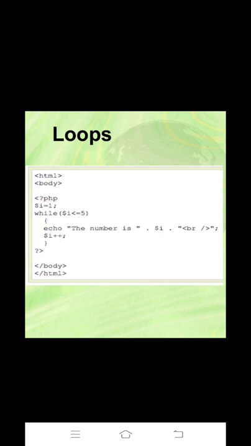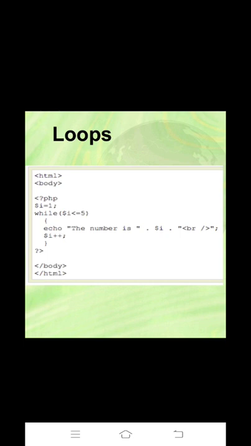After printing the number is 1, the number is 2 comes in the next line, the number is 3 in the next line, the number is 4 in the next line, and the number is 5 in the next line, then it stops the execution. That is the output you will get after executing this program. So it's a very simple PHP program to print the first 1 to 5 numbers.